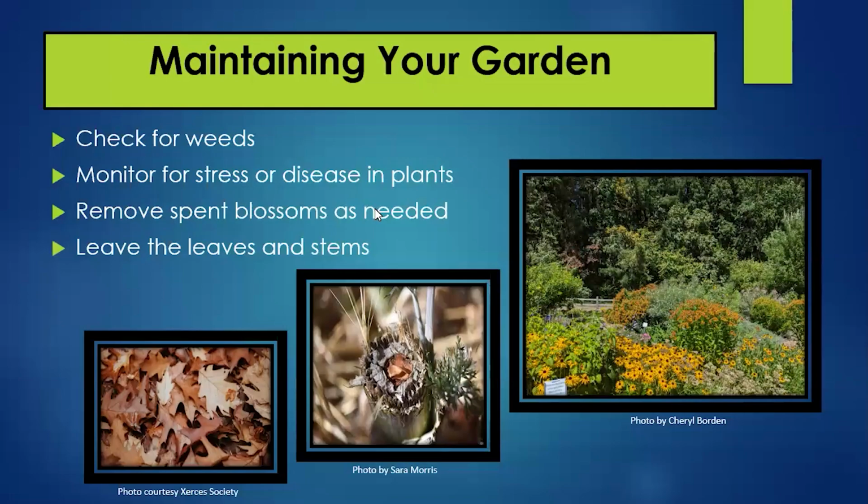There's no need for you to cut back stalks or pick up fallen leaves until spring when you notice new growth emerging at the base of the plant. Remember, those hollow stems, leaves, and other debris offer overwintering for beneficial insects. The picture in the center here that looks just like a dry twig, why, there is a leafcutter bee nesting